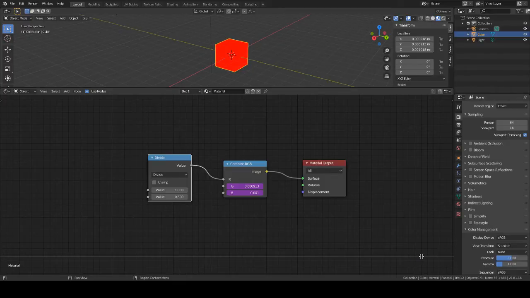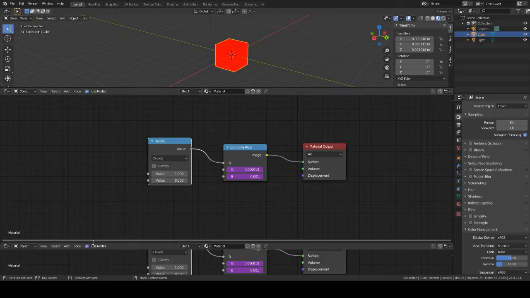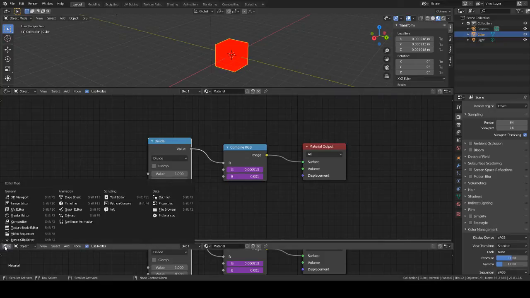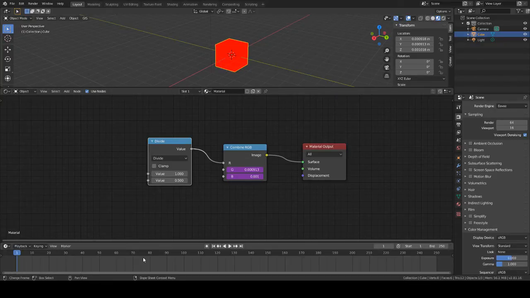So here we have 1 divided by 1, which is 1 redness, then 0.5 redness, then a third, a fourth, and as we tend towards a bigger number, it's going to get